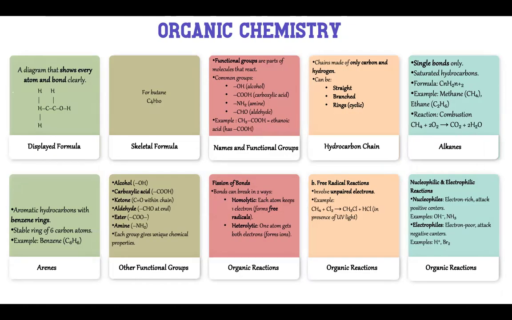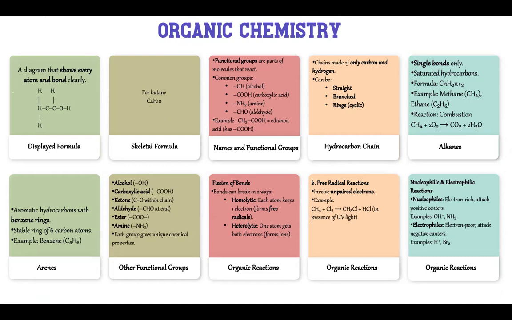Let's look into organic chemistry in terms of the display formula. We show a diagram for every atom and bond clearly. You can see in this slide, this is what the display formula looks like. And for the skeletal formula, for butane, it's this, the display being C4H10. And for names and functional groups,